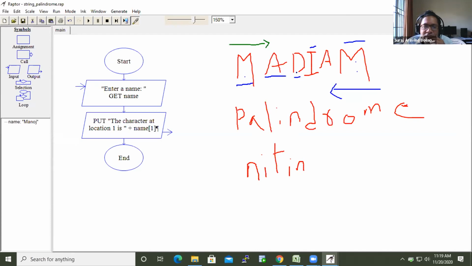Now see whether you can write the flowchart. This is one logic. Or you can straight away reverse the word and compare whether my original word is the same as the reversed word. If they are the same, it is a palindrome. Otherwise, it is not. That is another logic. Check whether you can do it. Spend another 5 minutes or so. At any point, if you have any doubts, I can execute it here in the flowchart.